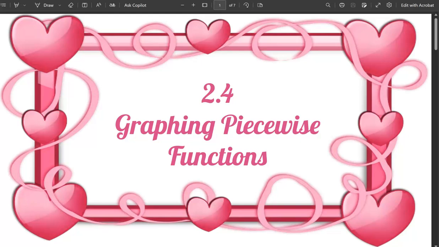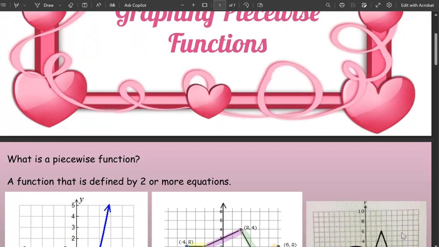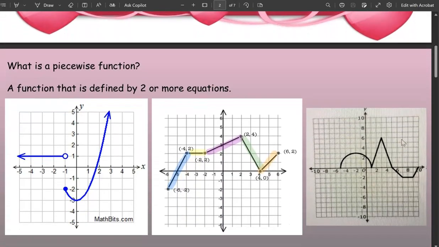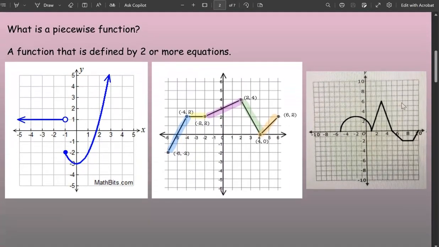All right, so today we're going to be looking at section 2.4, graphing piecewise functions. So let's talk about what is a piecewise function. A piecewise function is a function that is defined by two or more equations. And so on this first example, we can see here,